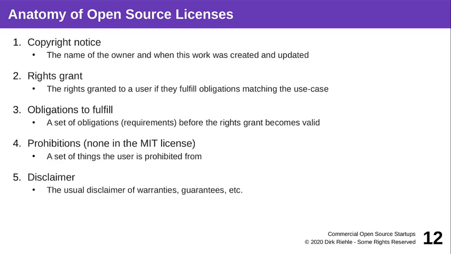Then there are the prohibitions, things you are simply not allowed to do. Usually that's just claiming endorsement by the creator of the original license text, which is a legal text, has a creator itself. So if you use the MIT license, you are not allowed to say that MIT endorses your software. And finally, all licenses usually say that you're not given any warranties or guarantees about the functioning of the software. After all, it's free, so nobody wants to stand up for the software.